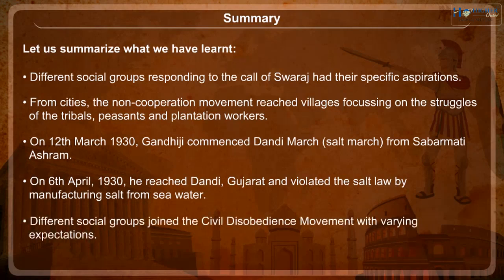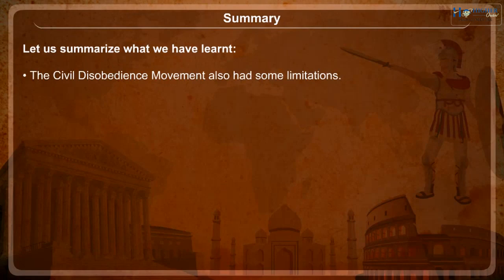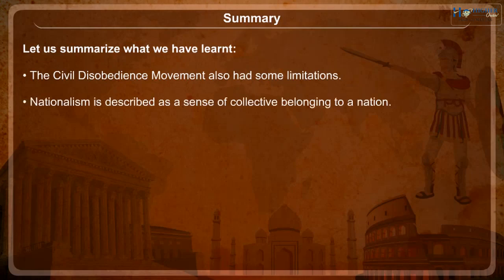Different social groups joined the civil disobedience movement with varying expectations. The civil disobedience movement also had some limitations. Nationalism is described as a sense of collective belonging to a nation. Icons